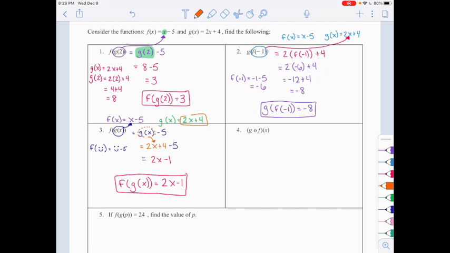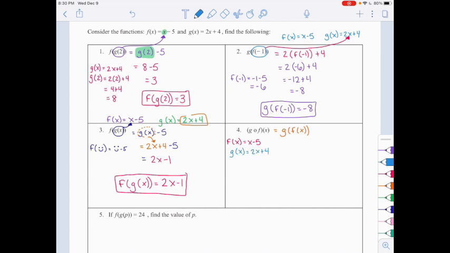Here is that funny notation. Some people read this as "goff." It is actually g of f of x. Okay, and I'm going to copy my functions down again. So I've got f of x was x minus 5, and g of x... not a good space to write them. I don't have room there. Sorry guys, I want to make sure this is nice and neat for you. So my f of x was x minus 5, and my g of x